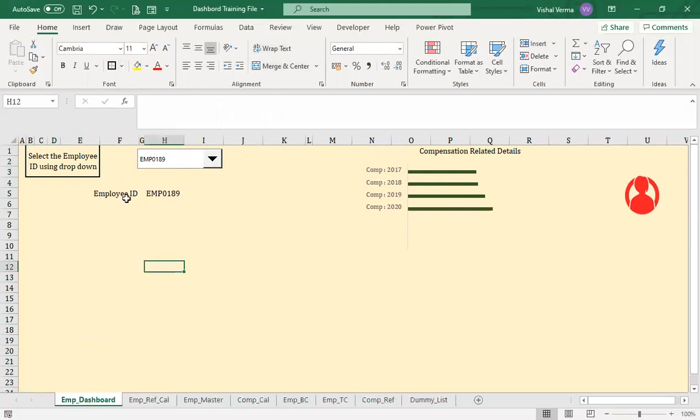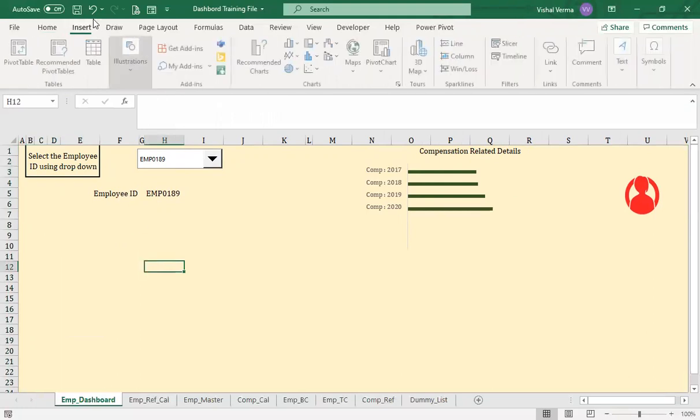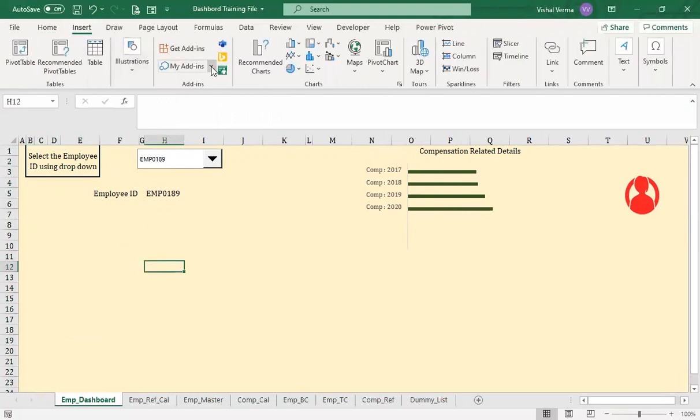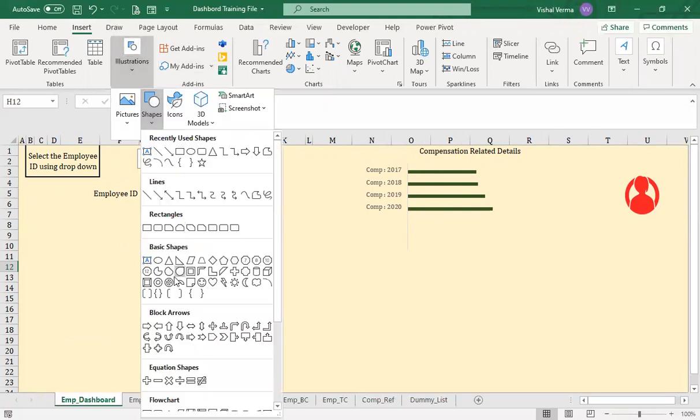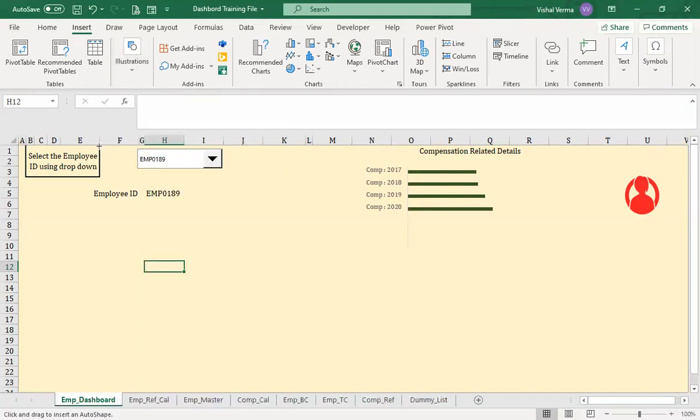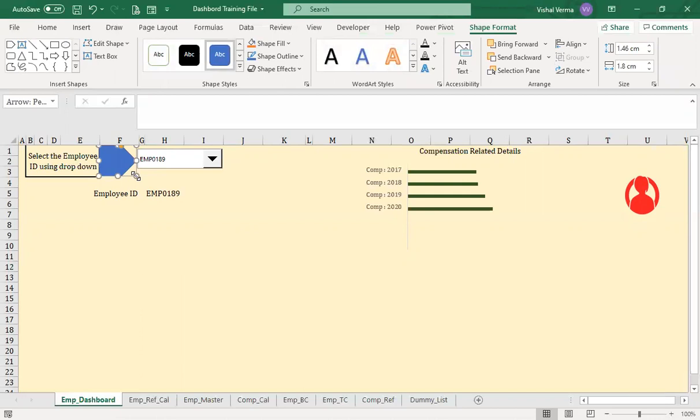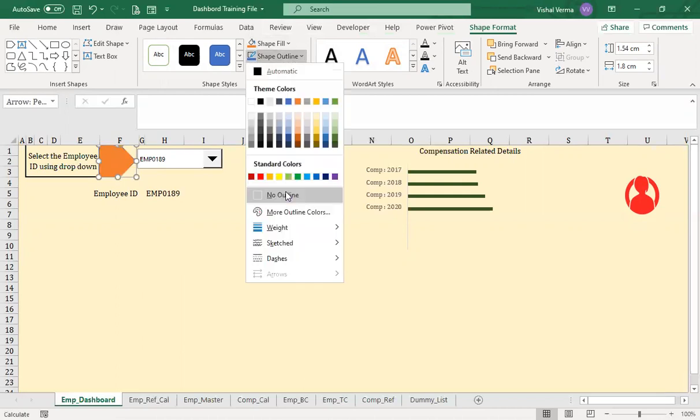And then we can insert the arrow here, from illustration shapes, and then we can insert an arrow that will reflect where to do what. So go a little higher, and the design you can select according to your choice. And let's make it no outline.